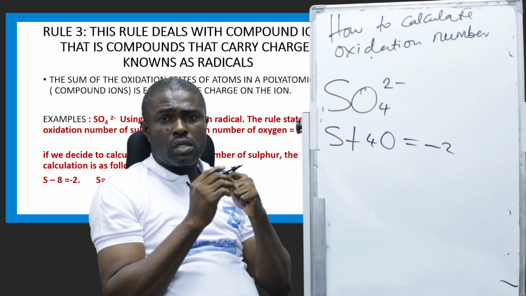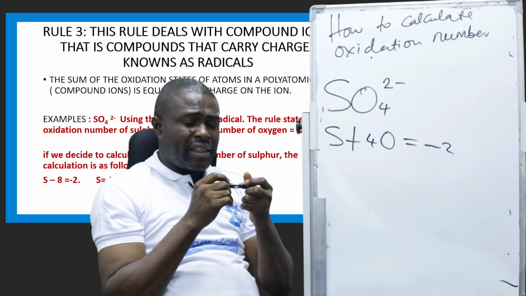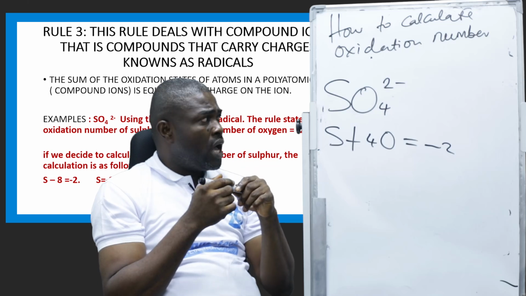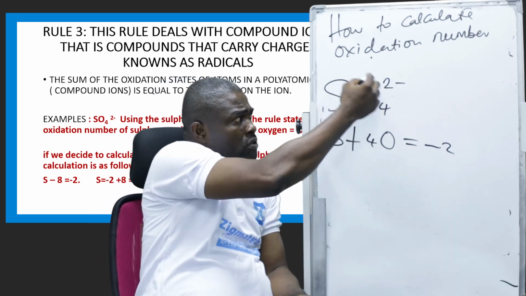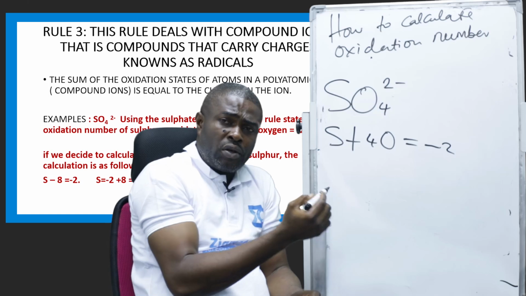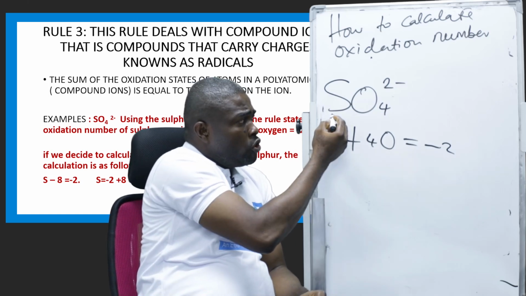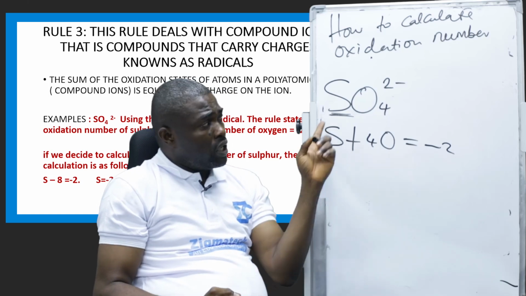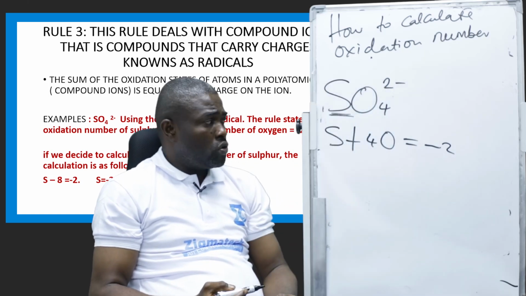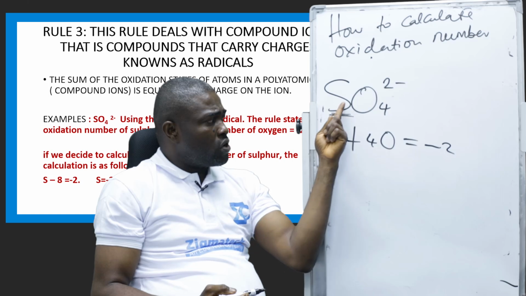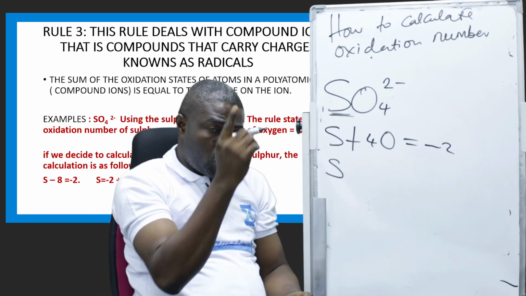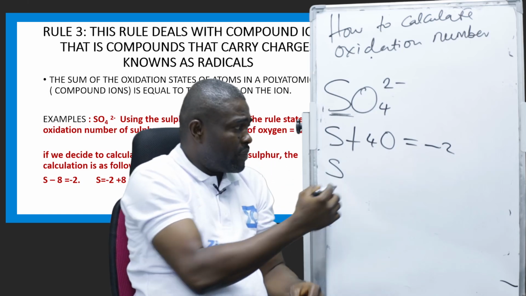How do we do this? First of all, identify the one you are asked to calculate its oxidation number. Assuming from this compound ion or this polyatomic ion, or this radical, you are expected to calculate the oxidation number of sulfur in this compound ion. What do you do? Just bring down the sulfur. It will say sum. So I'm summing. I'm just adding all of them now. Plus,